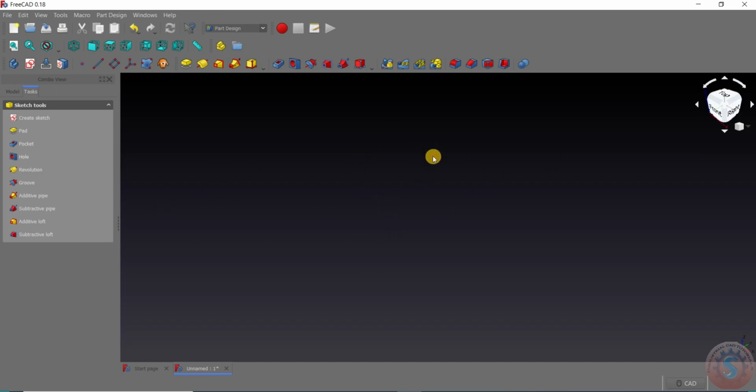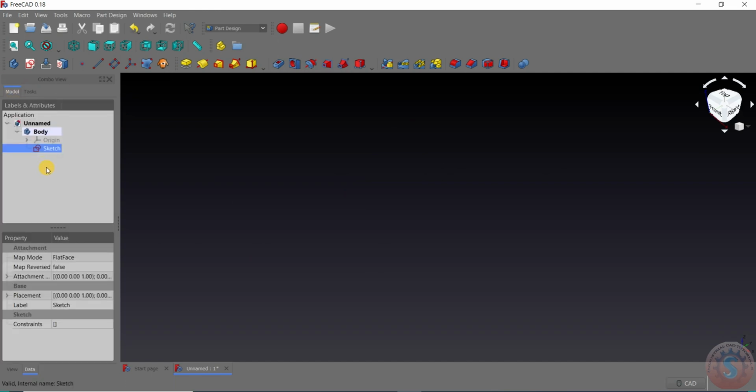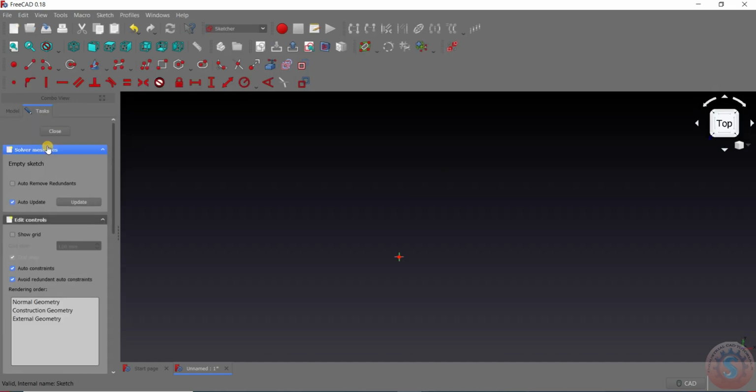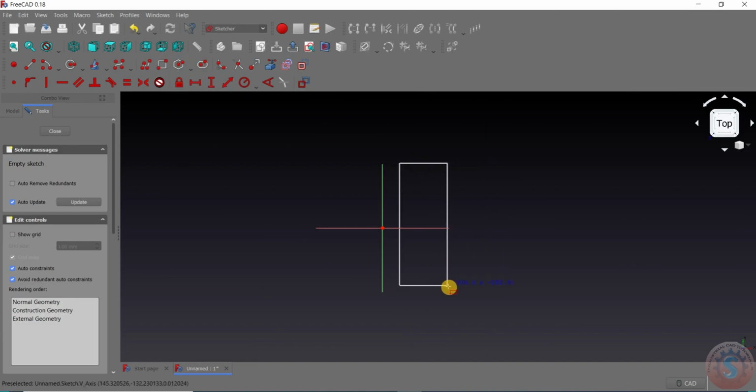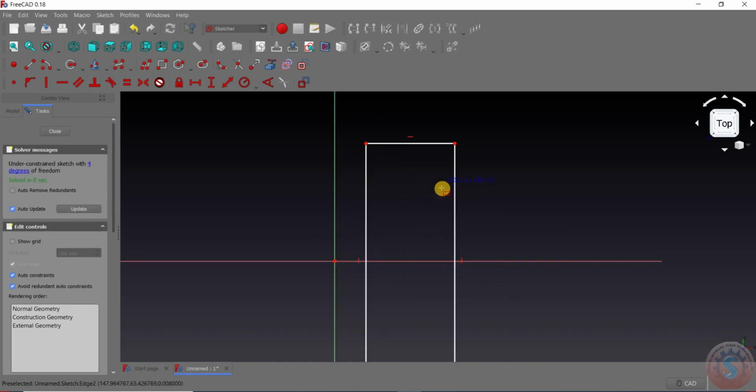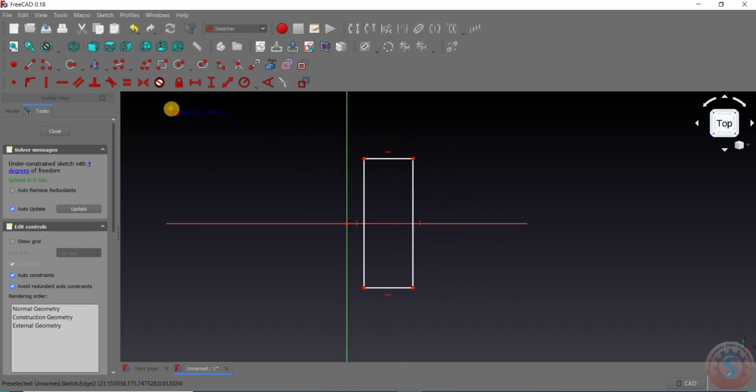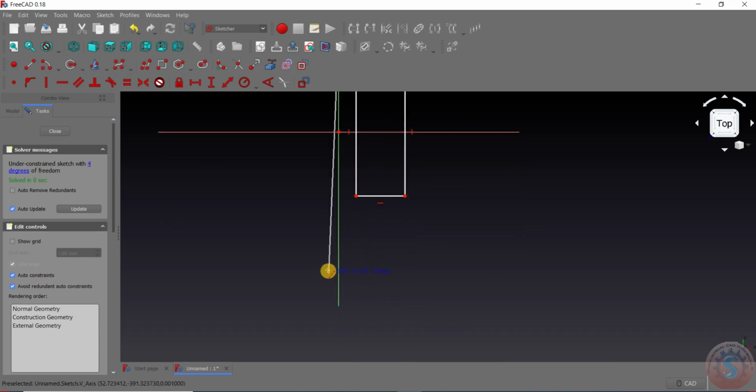If you want to go into the sketch you created again, you can observe on the left side, go into the model. You can observe the sketch is already created, click on the body and you can observe the sketch. On double click on the sketch, it will direct to where you left off on the XY plane. And I want to create a rectangle, like a square with some dimensions you can observe, and I want to create a line on the axis.